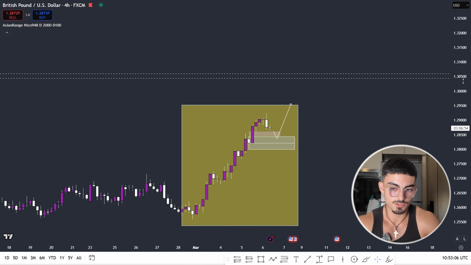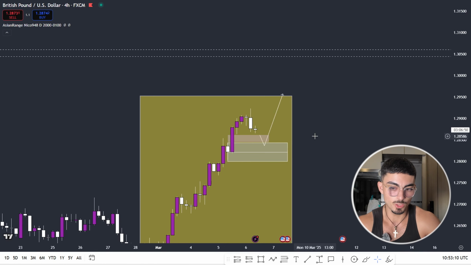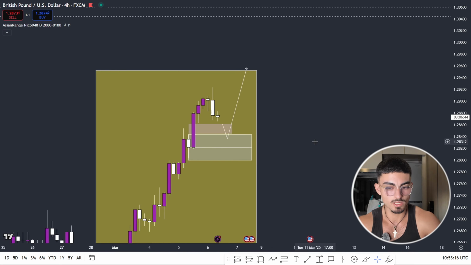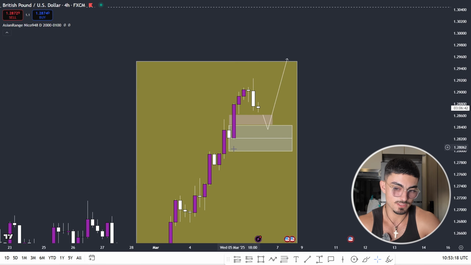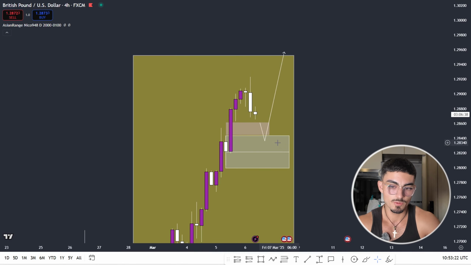And let's now focus just on this right here, okay? Like we've already established, we're looking for buys, and maybe we're looking for buys from this demand zone here on the 4 hour. Now let's drop to the 1 hour and try to refine this demand zone and this fair value gap, and also see if on the hourly we can find any demand zones closer than this demand zone right here.